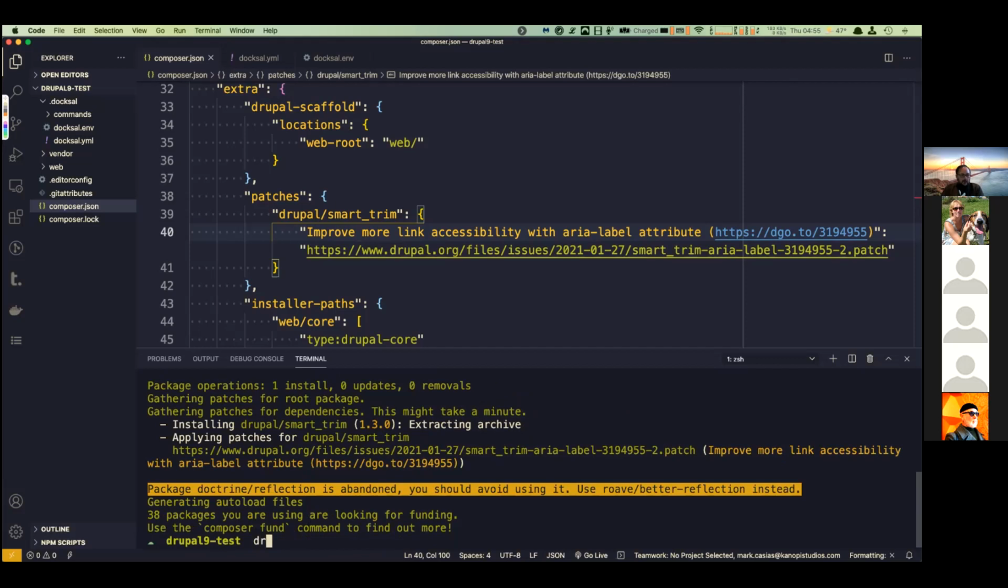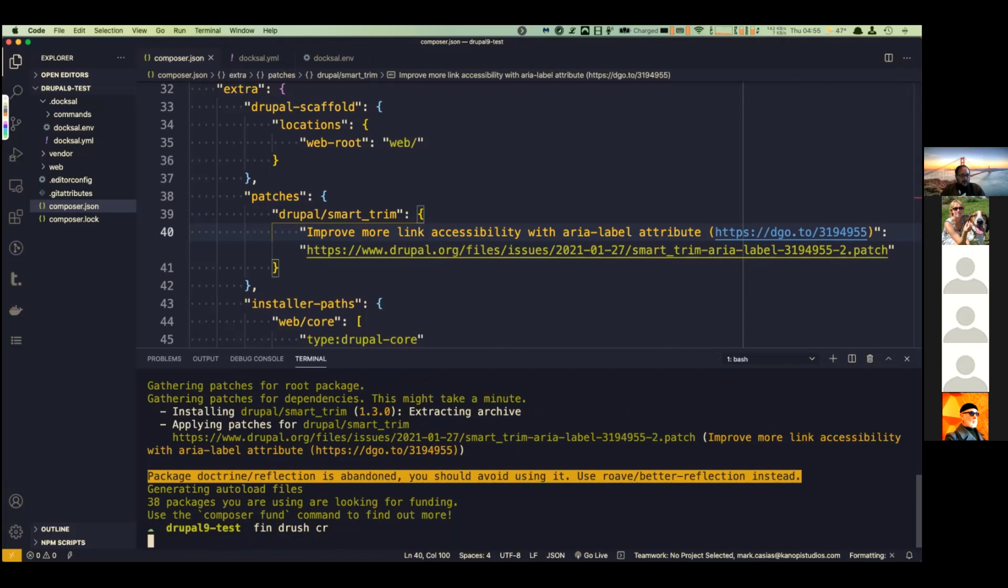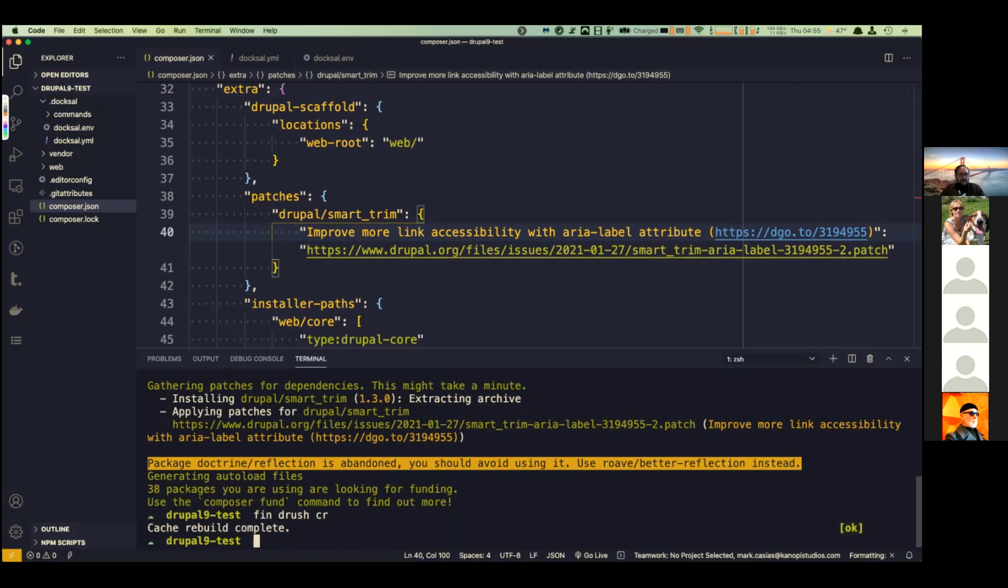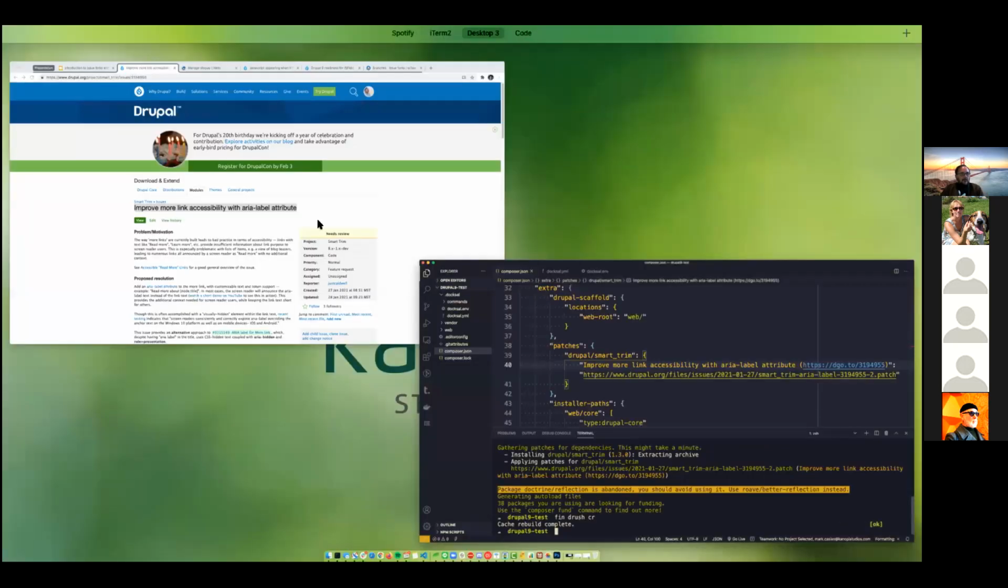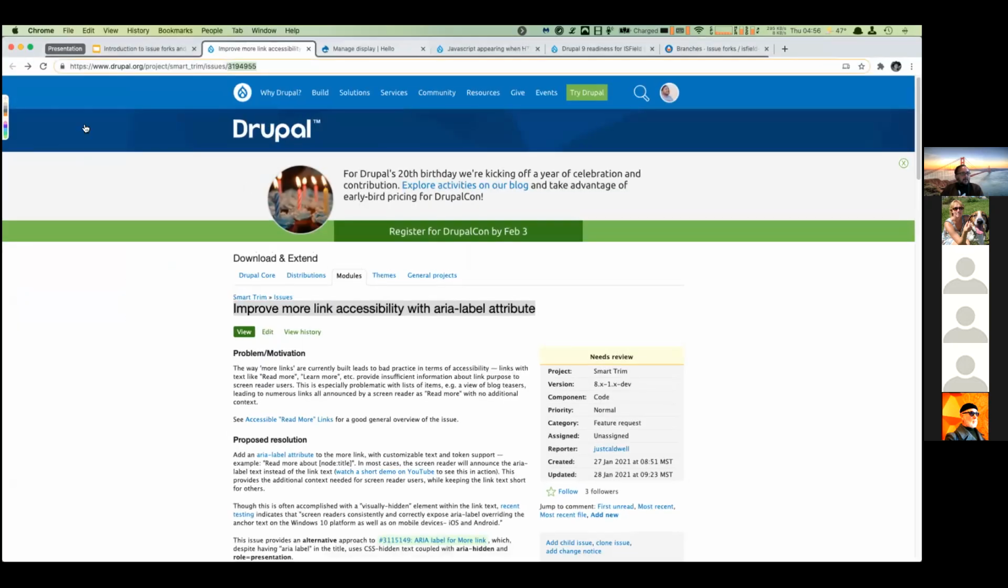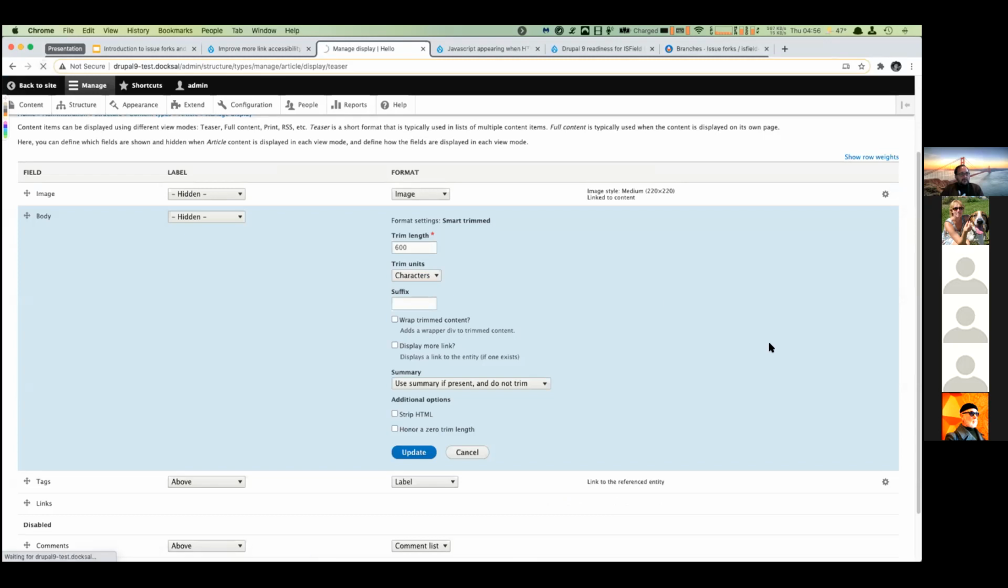You do a quick drush, and actually since I'm using Doxel, I do a fin drush CR. I have actually a shortcut, so if I type this every once in a while, I have a shortcut on my computer, an alias of FD equals FinDrush. So if I type that, that's what that means. And now we can go back here to our page, refresh it,